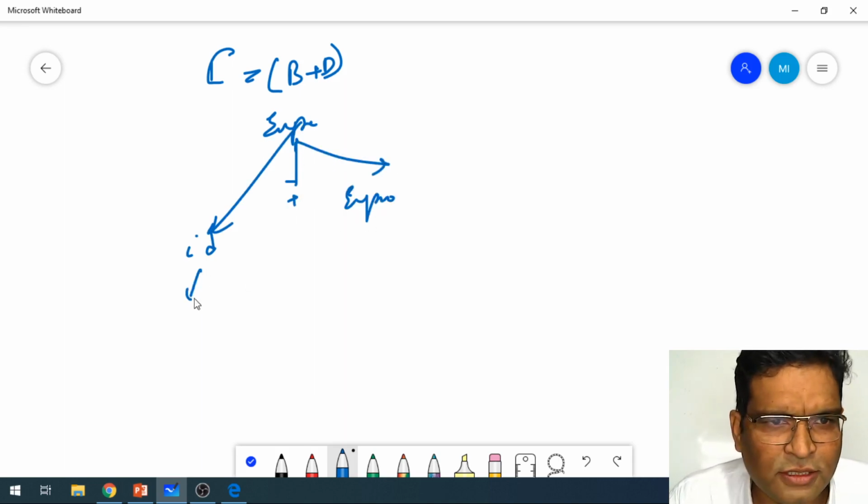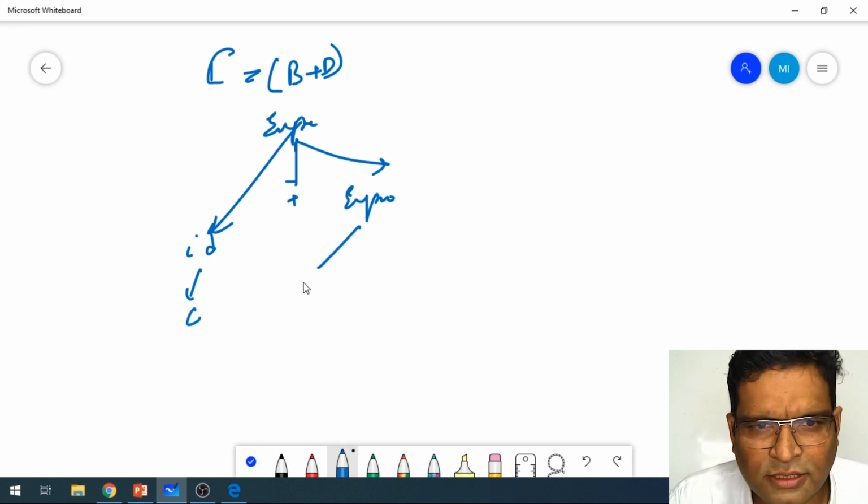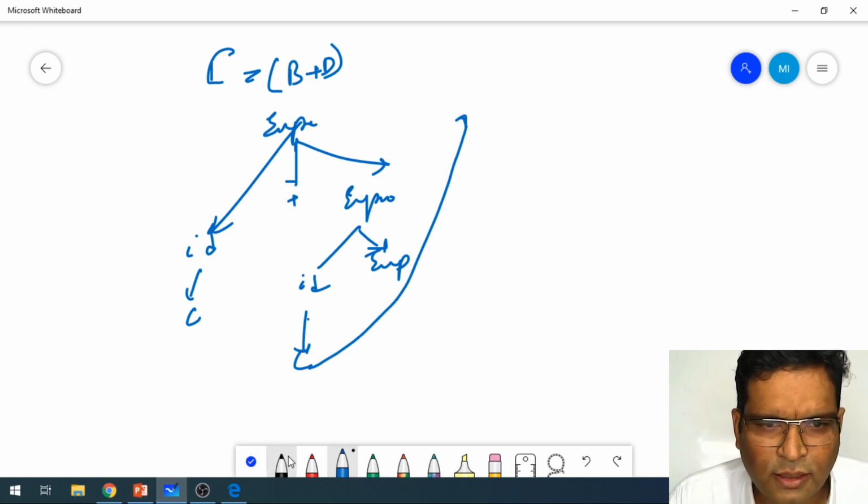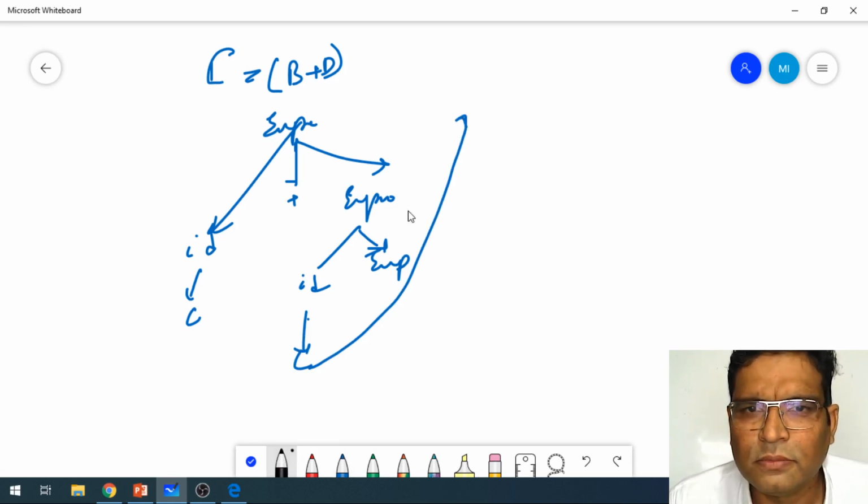Expression, we already have C, plus we have this ID, and this is called expression. We open this one as ID, and this is C, sorry.